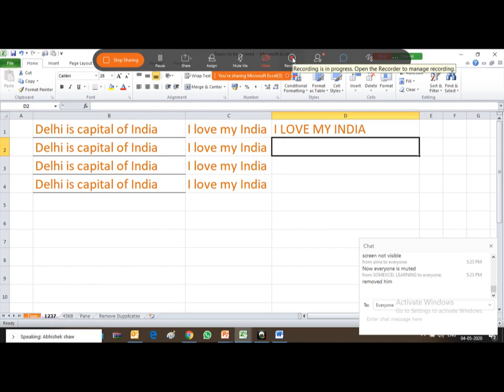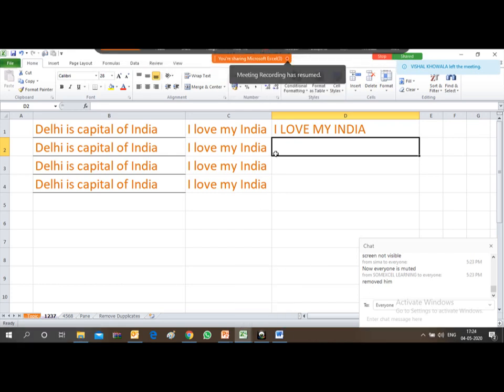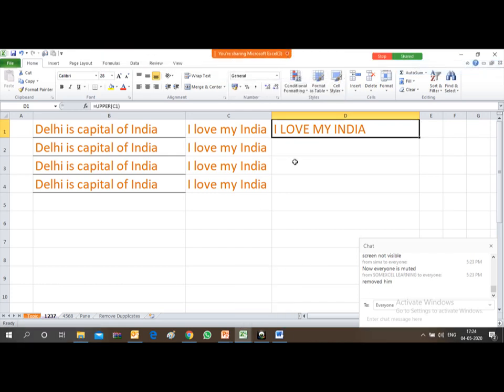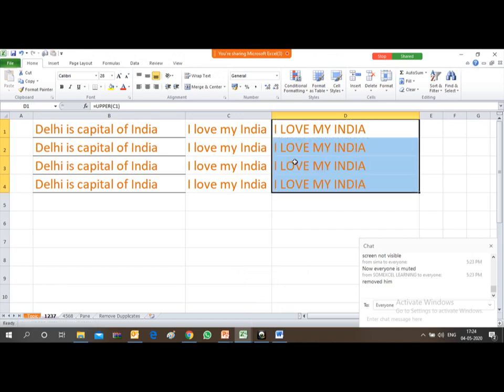So you see every letter has been converted into capital letter. Now you can copy it down as far as you want to convert. So each and every statement has been converted into capital letter.